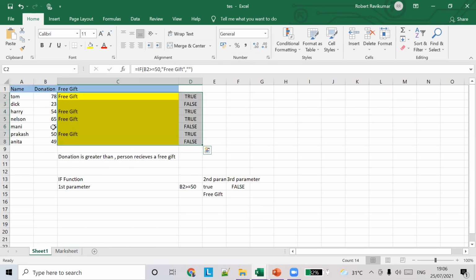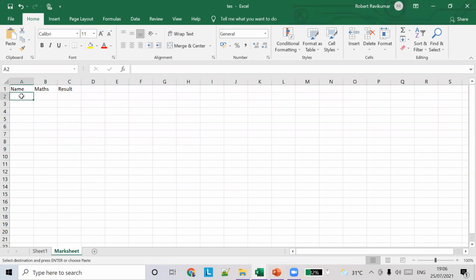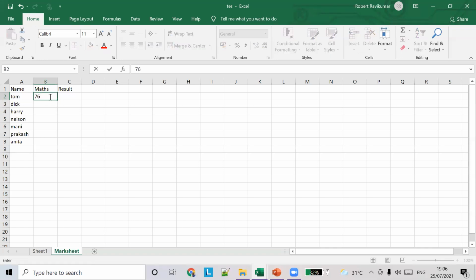For now, we'll just copy all this content from here, Control C, put it here, and add some marks. Let's say 75, 34, 76, 40, 40, 39, 46, 50, 76.